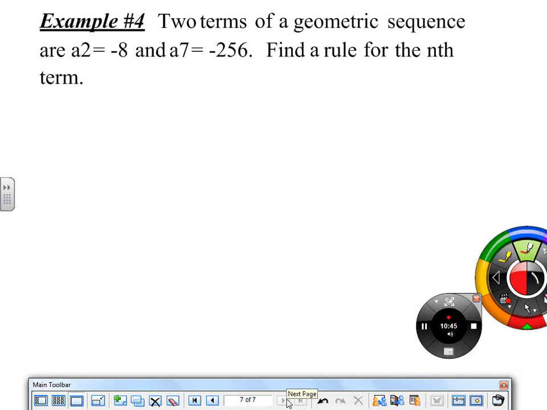All right, the last thing we're going to look at is if they gave us 2 separate terms of the sequence, how to find the rule for the nth term. So here they're telling us that the second term is negative 8, and the 7th term is negative 256. Okay. Now remember, we have that rule,